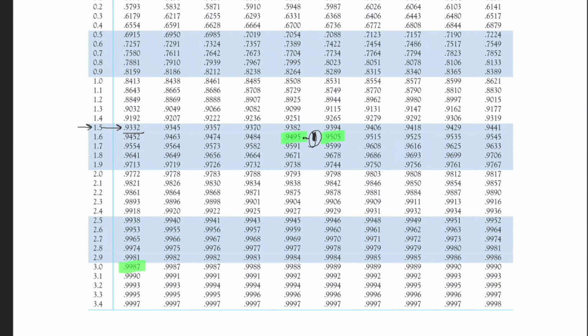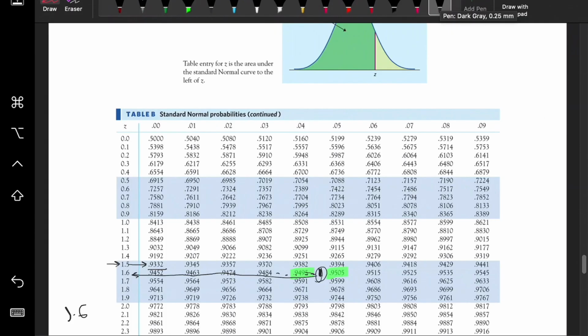So we have to look for that particular area of interest, and for that particular area of interest, look for the coarse value of z, that is 1.6, but that is not the final answer, okay? Because it's not in the 0th column, it's in some column over here, which is the center of these two adjacent highlighted columns. Once you have located that area and have the corresponding coarse z value, you have to add that corresponding column as a fine adjustment,